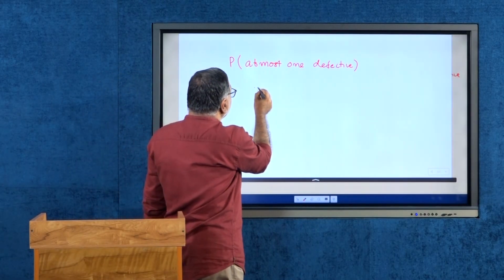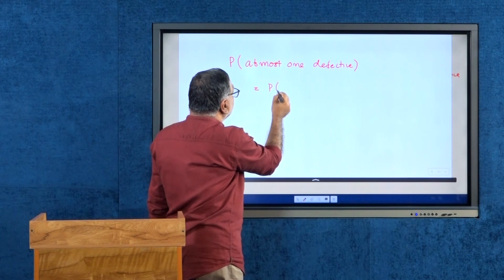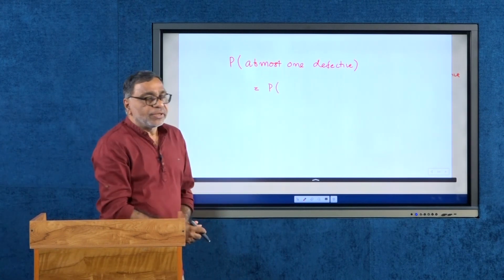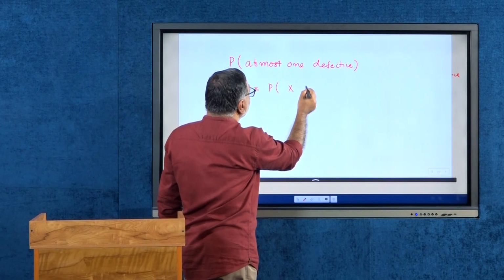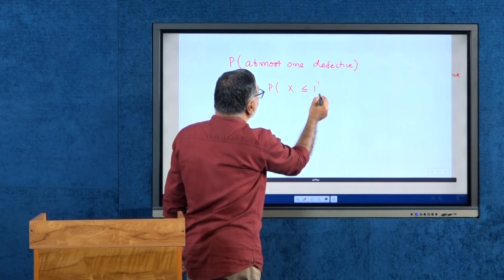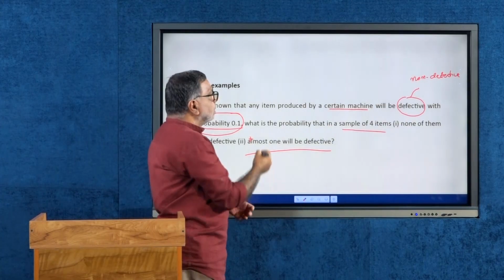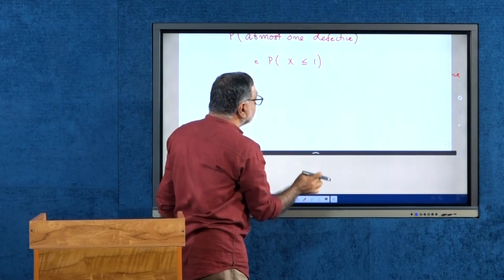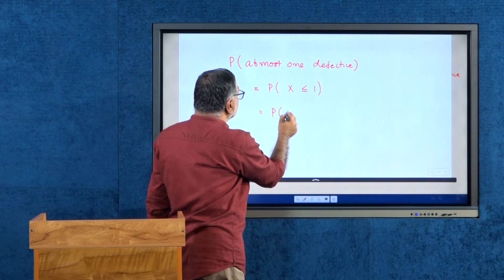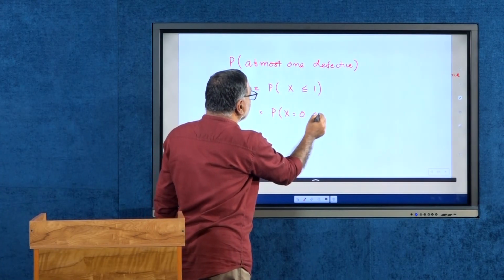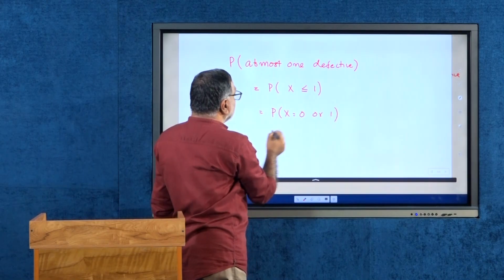If you transform this statement to the random variable way, for random variable x, this is x less than or equal to 1, maximum is 1. And the meaning is, this is equal to the probability of x equal to 0 or 1,